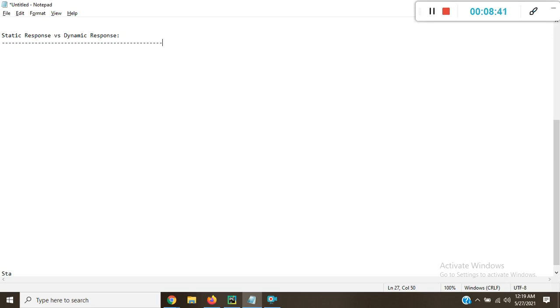Gmail login page is same for all the time and all the persons. You can check anytime, the login page is always the same. Everyone can enter his or her username and password on the same web page. Okay, so this is a best example for static response.